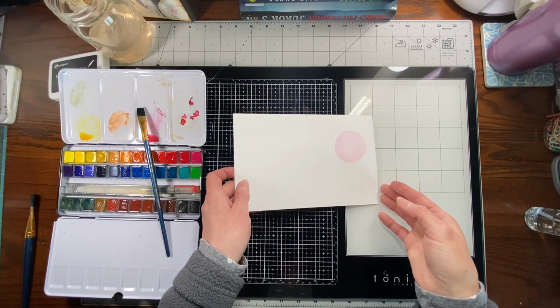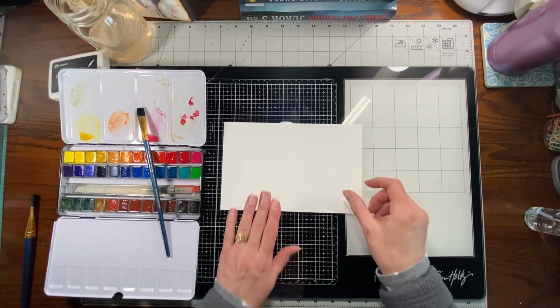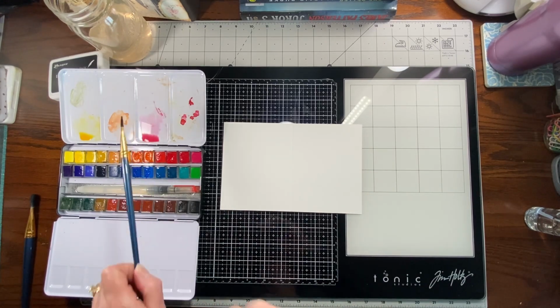Okay, so like that one, I just did a circle. Must be into the geometric shape slightly. Well, I just think this will look kind of neat, and it's along the same lines as sort of what my sister did with hers. So